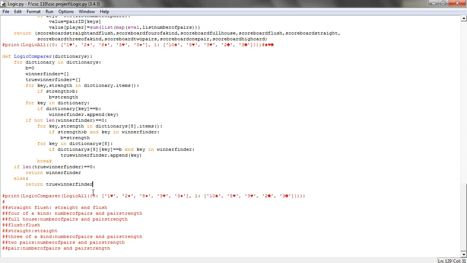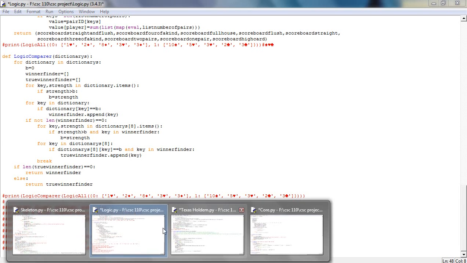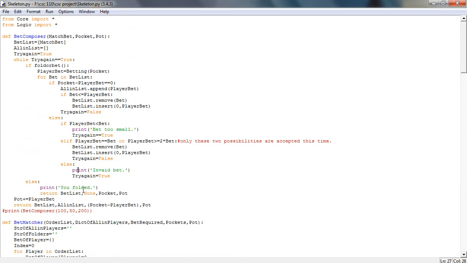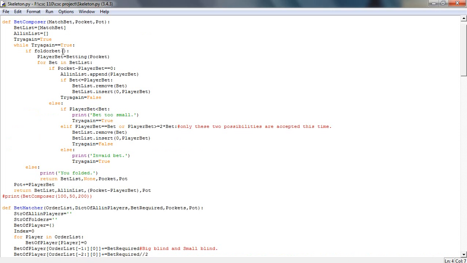Now, going to the next function, basically, the next program is skeleton. Skeleton would be using core and logic, both of them, and the first function would be bet composer, which basically I want to go through fast because I'm taking too much time. But basically, what it does is